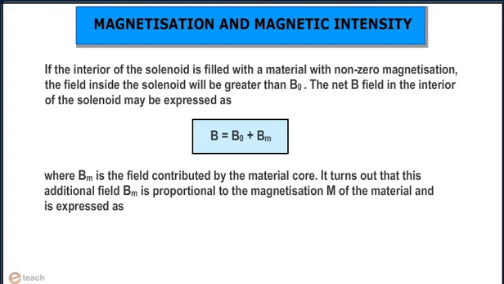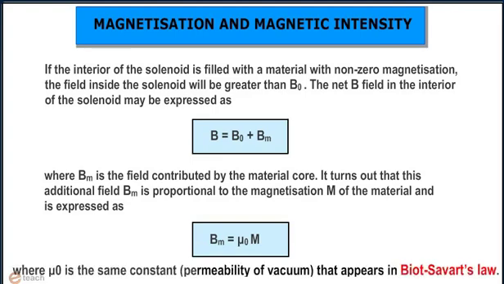It turns out that this additional field Bm is proportional to the magnetization of the material and is expressed as Bm equals mu naught into M, where mu naught is the same constant permeability of vacuum that appears in Biot-Savart's